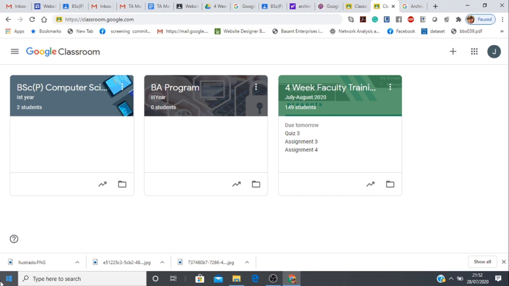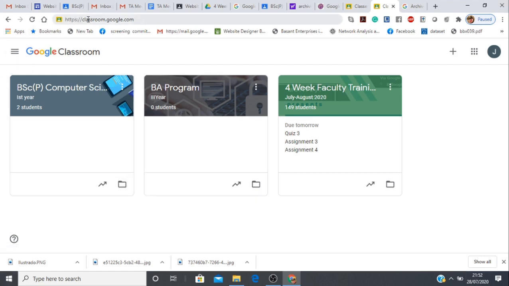Archiving a class is different from deleting a class, because if we delete a class, then we can't access the material that has been posted earlier. But if we are archiving, the classroom is intact and we can restore it later on to view the same material. Teachers and co-teachers can archive a class, but only the primary teacher can delete a class. And students have no rights to archive or delete a class. So this is regarding archiving and how to do it.